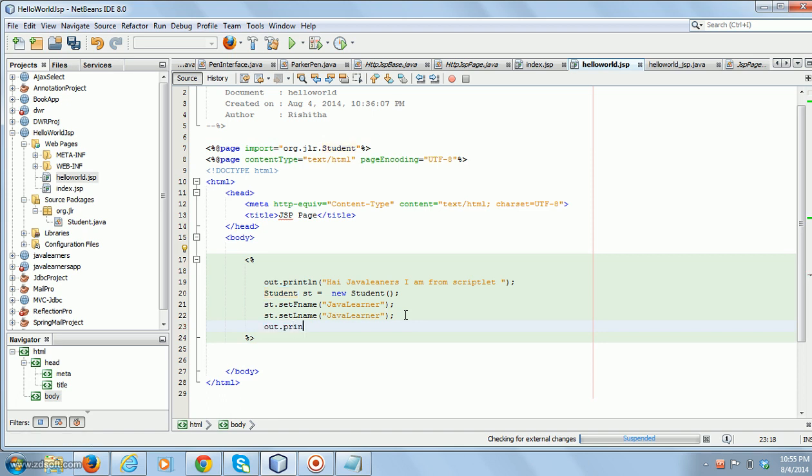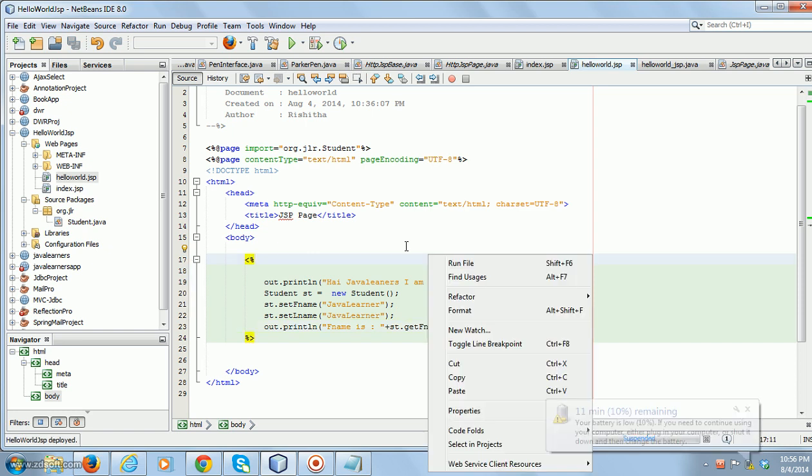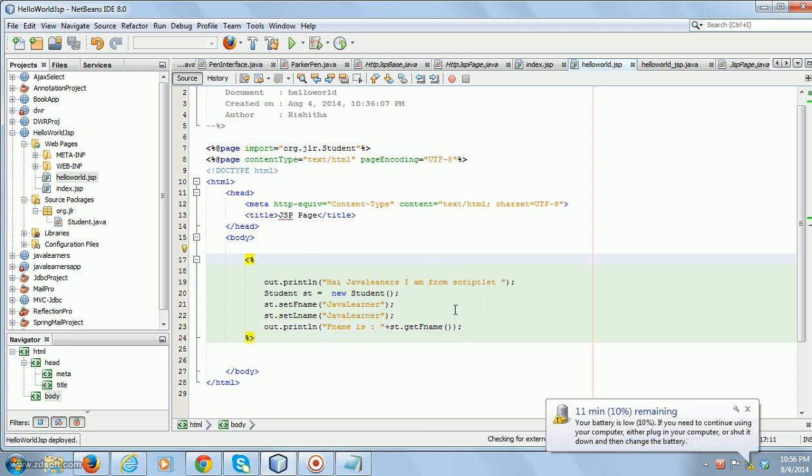Now we will print that. How to print that? out.println. In a scriptlet you can write just like a servlet or just like Java. out.println, st.getFname. We will run this. I didn't do any complex thing.